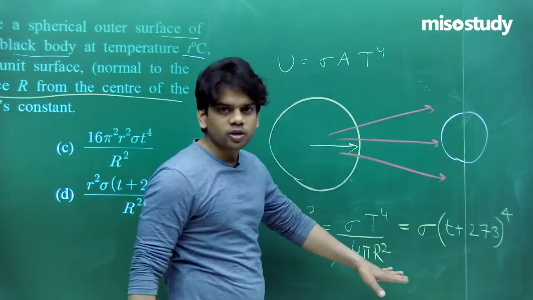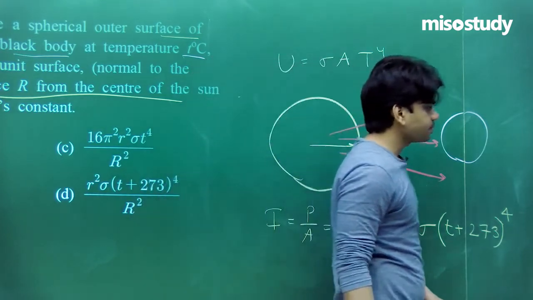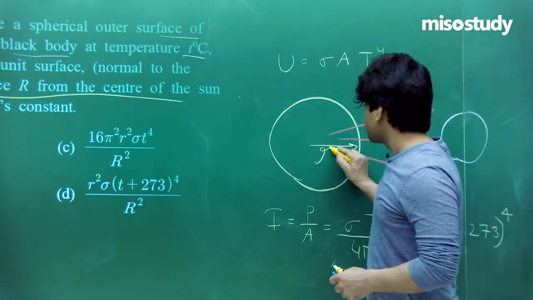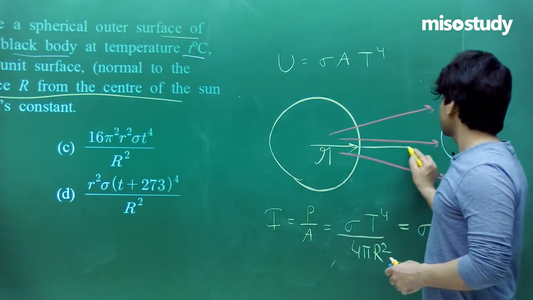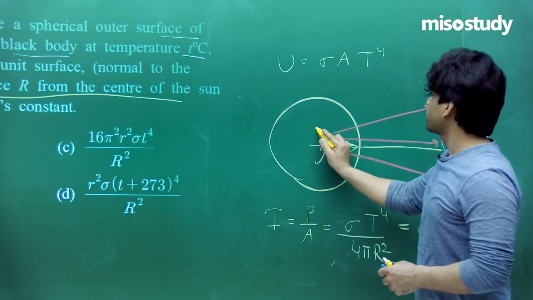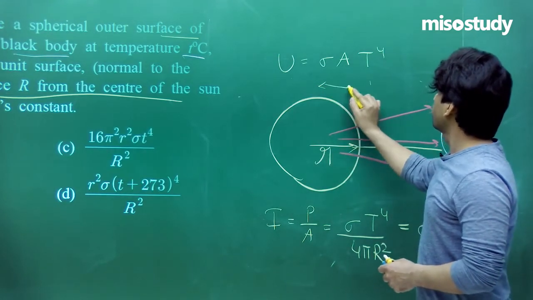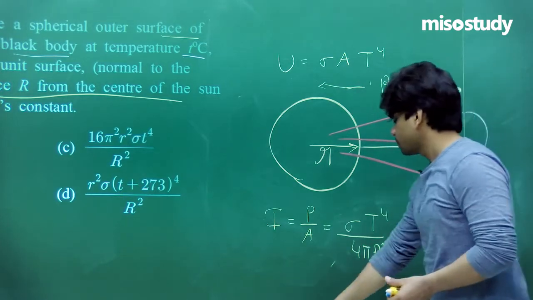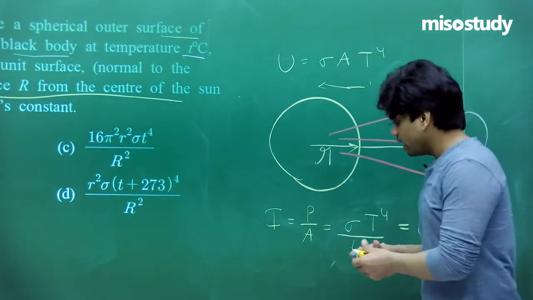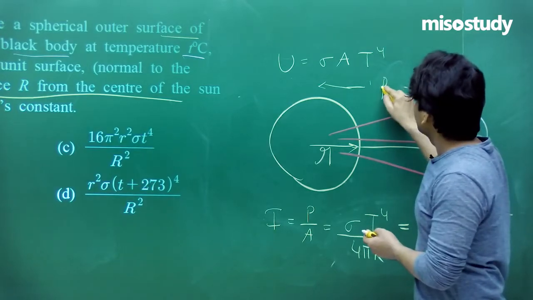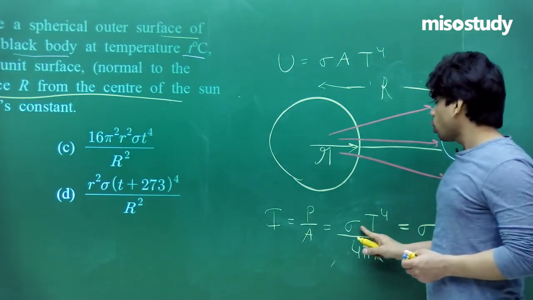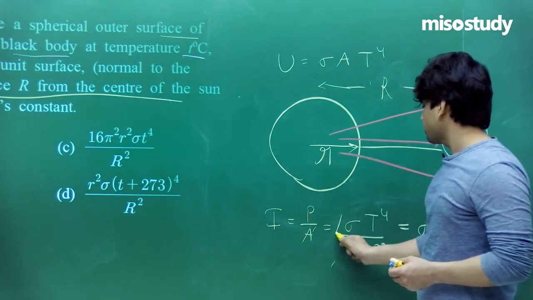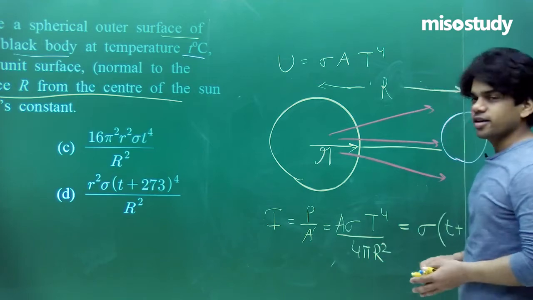Just take note till here. Let me write at the other end. You see that the radius of the sun is given here as small r, and this distance is given as capital R from the center of the sun. This is what has been provided to us. Now clearly some values we need to also include. Here we should also write the value of this area, and this area will be different. Let me write this as A dash, and this as A.